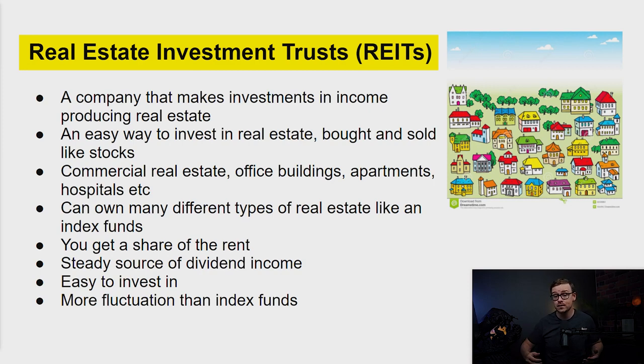But when it comes to REITs, it's very easy for you to own real estate. And it's also really easy for you to diversify your investment. So for instance, with a REIT, they might own 1,000 different buildings, and it's a good combination of commercial properties, hospitals, apartment buildings, etc. So if one of those different types of things goes down, let's say for whatever reason, the US medical system gets totally overhauled and the hospitals aren't worth as much, all of the other ones will